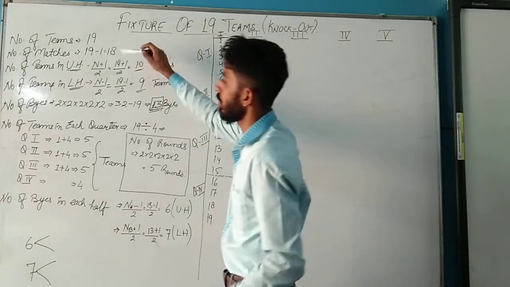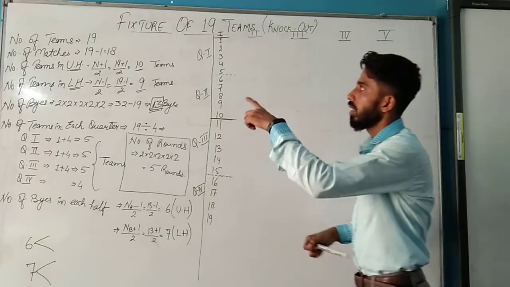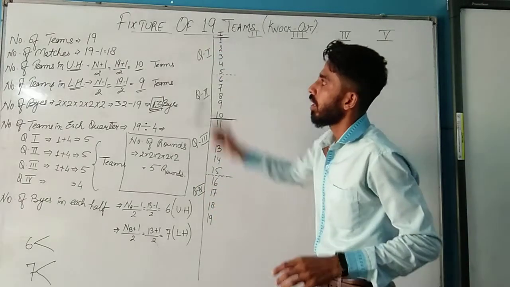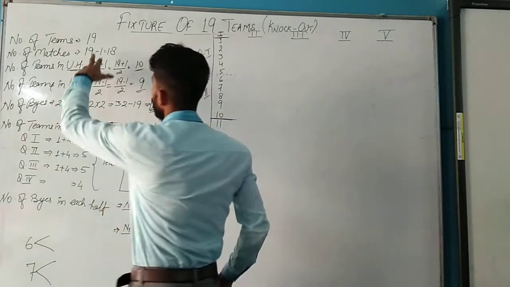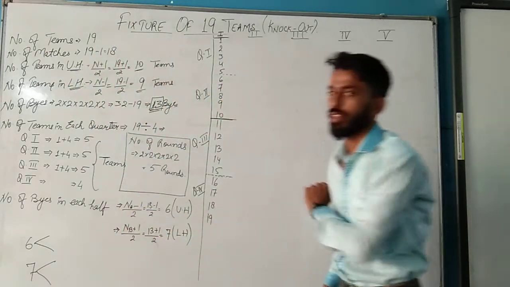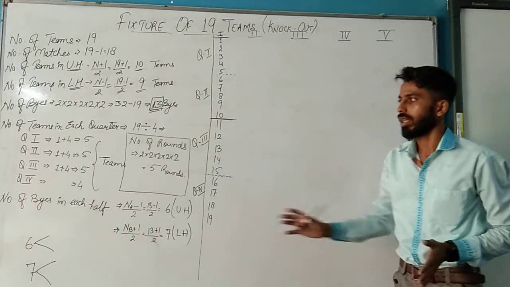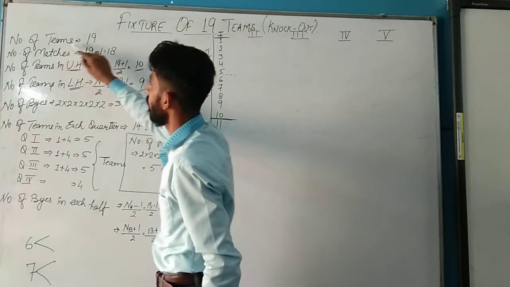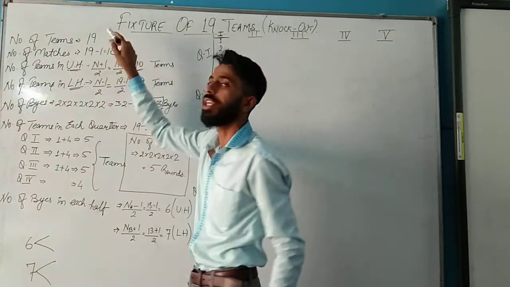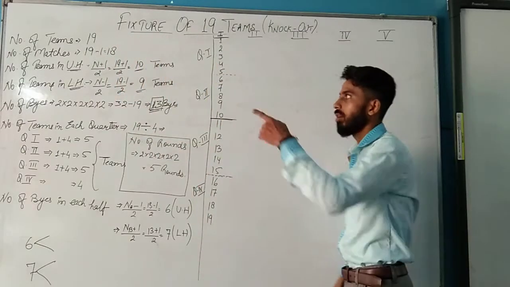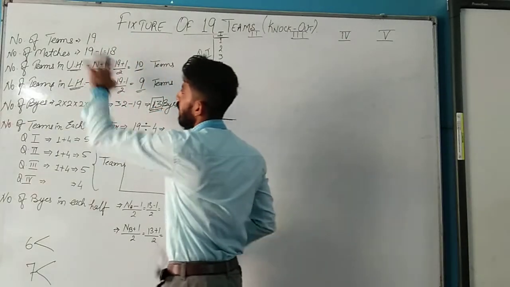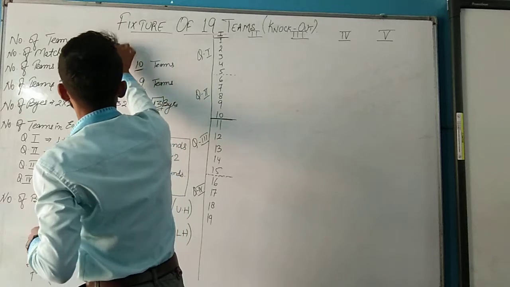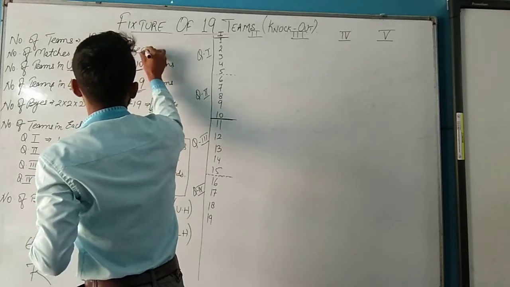जैसे कि मैंने पहले कैलकुलेशन करके रखे हुए हैं। The total number of teams are 19. On the basis of number of teams, we are moving to the part that is calculation for the fixture. कि अब हमें कैसे calculation करना है, उसके लिए fixture तैयार करके रखेंगे. The first one is the number of teams you must know, that is total of 19 teams. So according to it, the number of matches will be 19 minus 1, that is n minus 1. Total of matches will be 18.